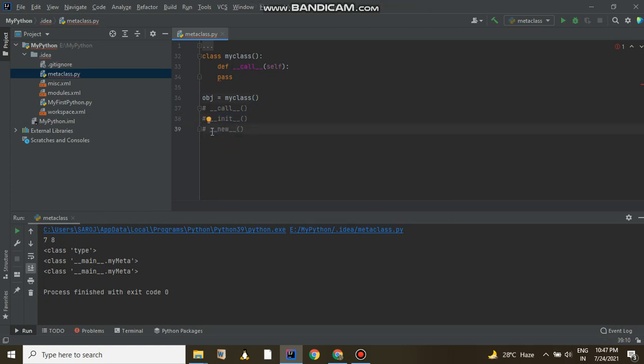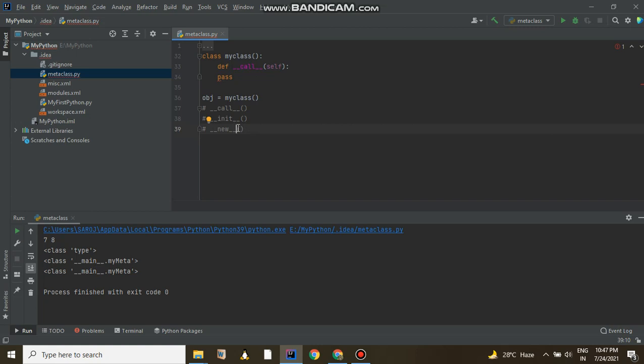In similar fashion, suppose you are not defining the init and new methods inside your class, then it will just call the corresponding init and new methods from your ancestor class, like your parent class, right? But if you define those, then your call method will invoke these two, either one of these two, right? So inside this init and new, you can customize your own code and put it inside your MyClass. Then it will be your own meta class.